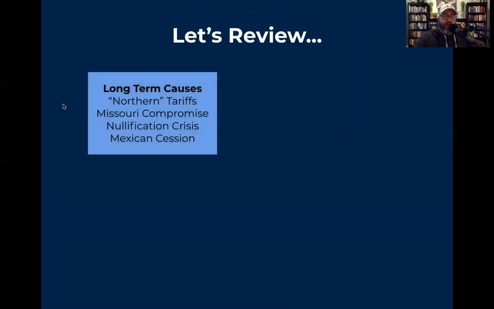So let's review. If we look back at period 4, we'll see the long-term causes, really those northern tariffs under Andrew Jackson. Again, this is period 4, way even before period 5. It's going to get us to the Missouri Compromise of 1820. Because of those northern tariffs, the tariff of abomination, John C. Calhoun in the South Carolina Exposition is going to lead this nullification crisis, saying we don't have to follow your law. So we're already seeing, and I'm going to make the argument, if you want to be real complex here,